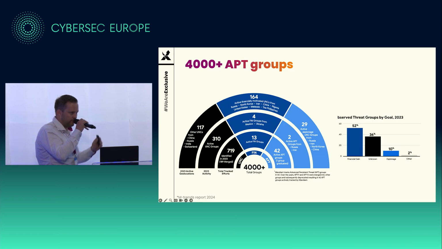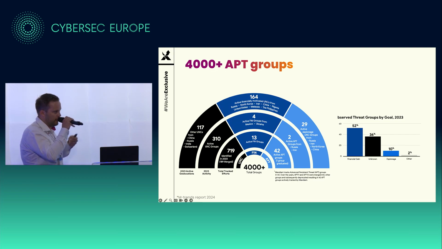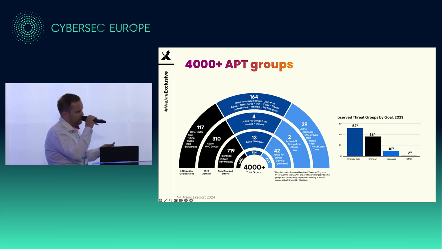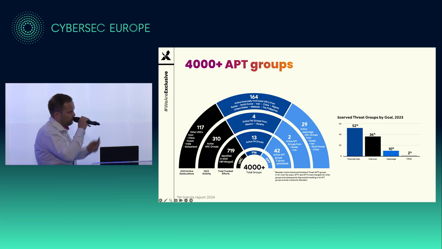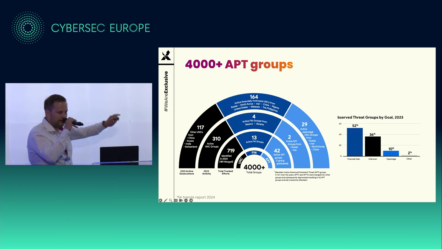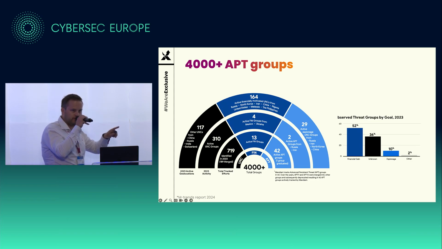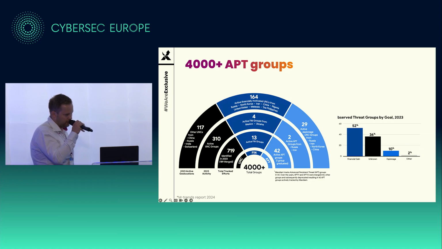And they're motivated by espionage or financial gain, or we just don't know because it's not clear. During incident response, they come in and stop the breach, so the goal has not been achieved, and we don't actually know what the goal was. But just to give you an idea, last year it was 3,500 groups they were tracking, so 500 new groups already in a year.